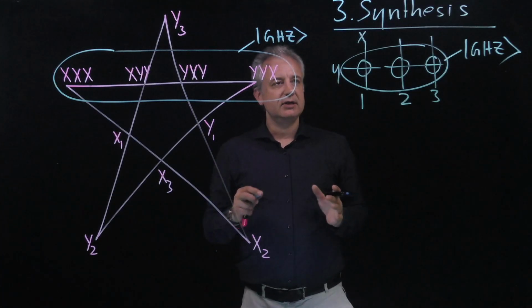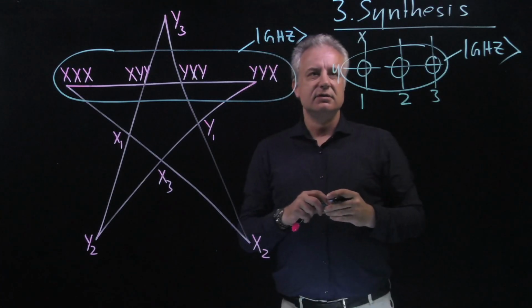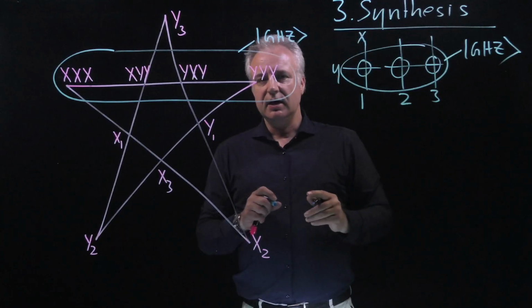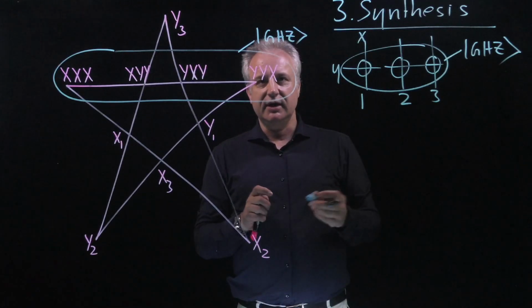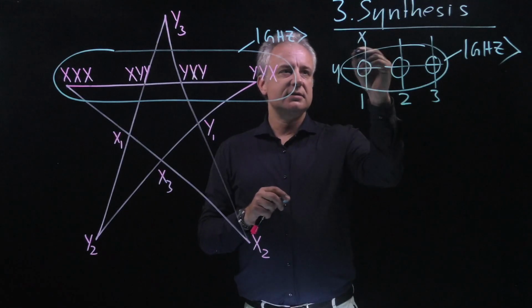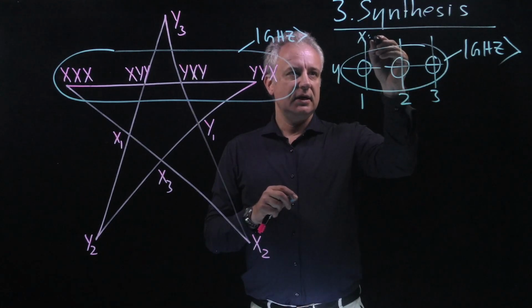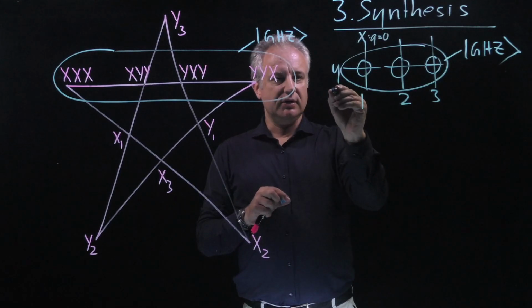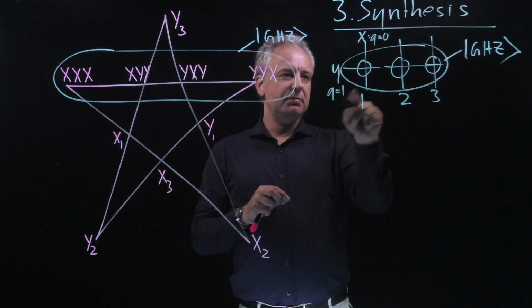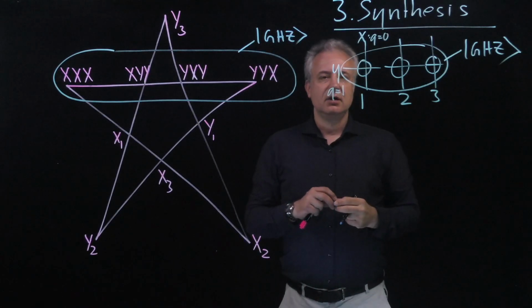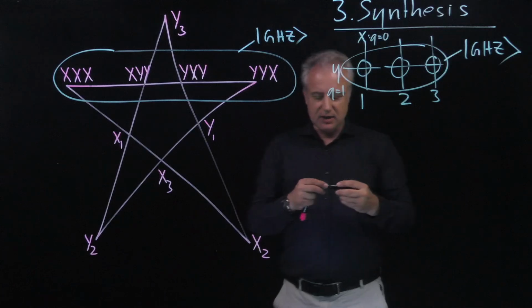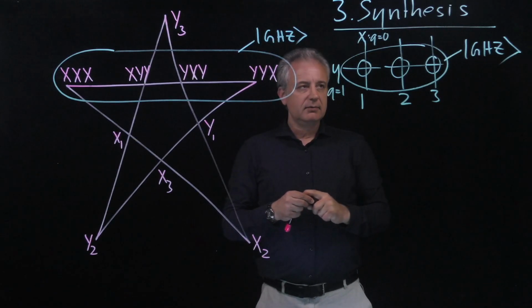So remember what I told you earlier, there are 2 bases generally to measure each qubit in, and this time these bases will be X or Y. So X we will denote as Q equals 0, and Y we will denote as Q equals 1. And this applies to all of the 3 qubits. Okay, so this is our setting.